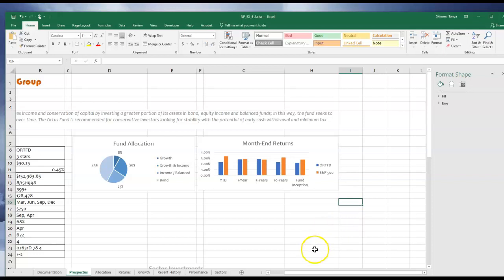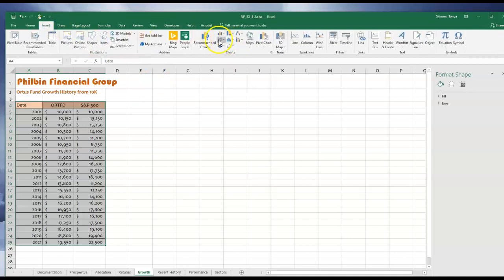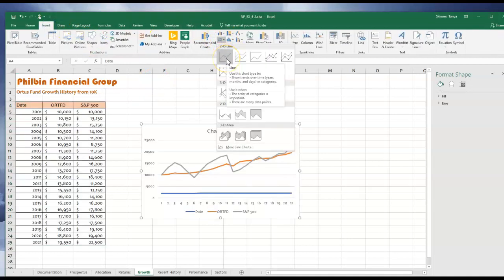All right. Oh, Hideki wants a line chart now. So we're going to go to the growth worksheet. In the growth worksheet, we're going to create a line chart of the data, starting in A4, going all the way to 25. This one is going to be a line chart showing growth, basically. So I'm going to just go straight to Insert, find my charts, find the one with the line. Initially, it just says plain old line chart, so I'm just going to choose the plain old line chart